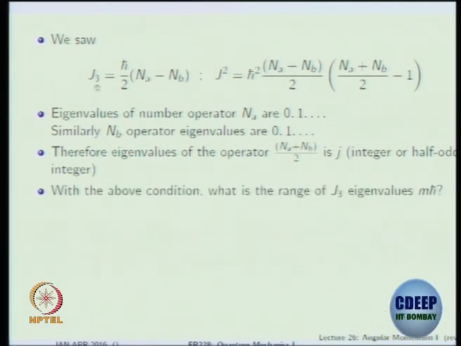What is the range of the J3 eigenvalue? You would have blindly written J3 eigenvalue as m h cross, and you would have said m should go from minus j to plus j. That is what you would have said from the hydrogen atom problem. Does it fit in here? It is Na minus Nb for a given j. Suppose Na is 0, Nb has to be j, which means the J3 eigenvalue will be minus j h cross. If Nb is 0, it is plus j h cross. For any arbitrary non-zero values, you are restricted to be within j.